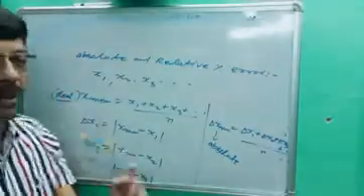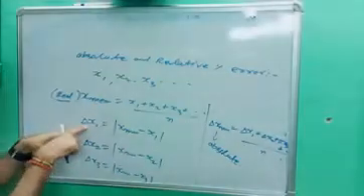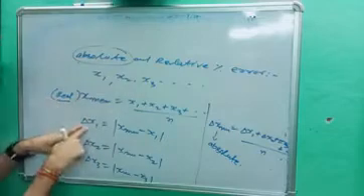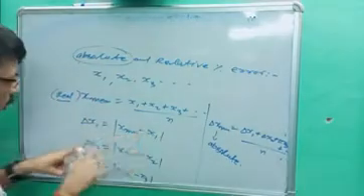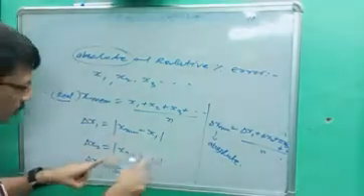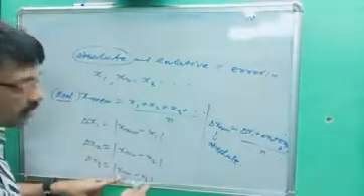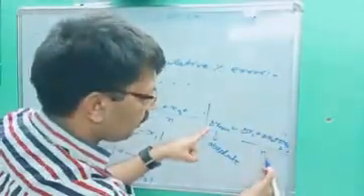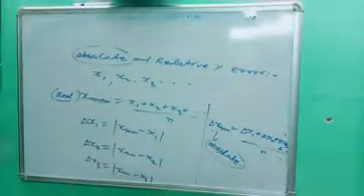Now you will find the error one student at a time. The first student makes the error del x1, where del is the error. This is also known as absolute error. So del x1 is equal to x mean minus x1. Del x2 is equal to x mean minus x2. Del x3 is equal to x mean minus x3, and so on. Now you are getting different errors. So then again you go through del x mean. Del x mean is equal to del x1 plus del x2 plus del x3 and so on, divided by n. This is called absolute error. This is the first answer for you.